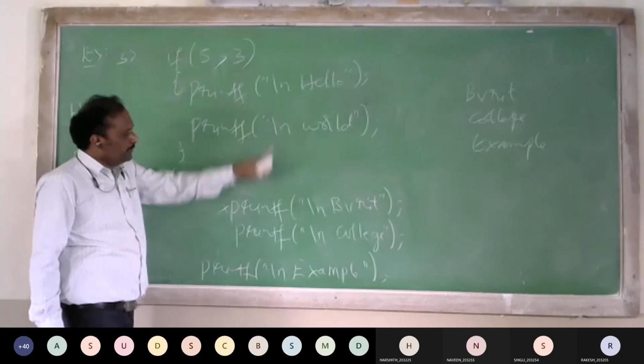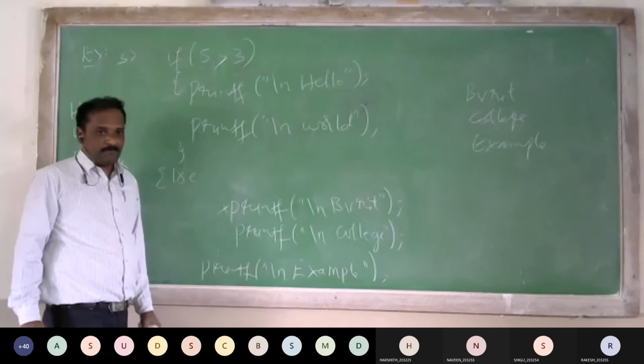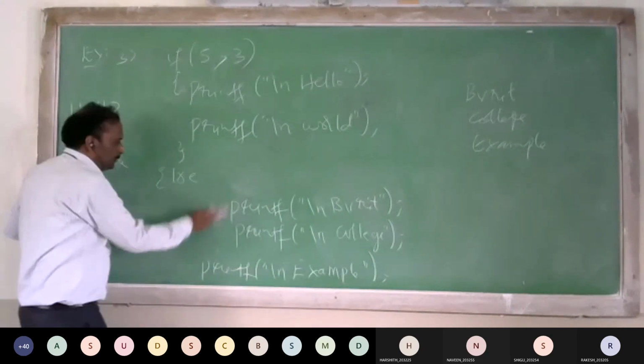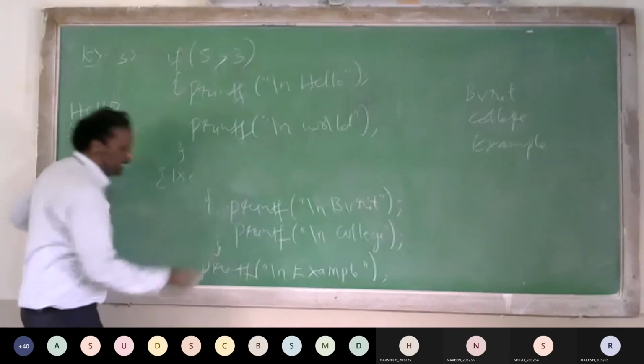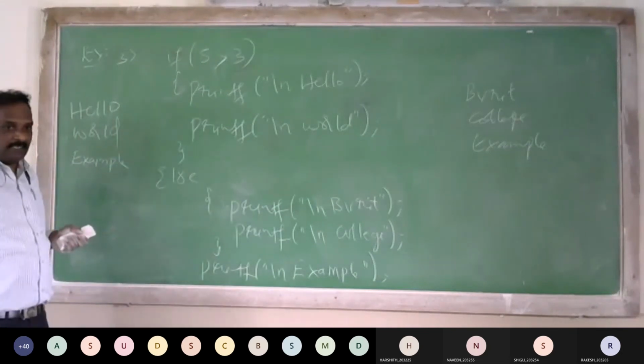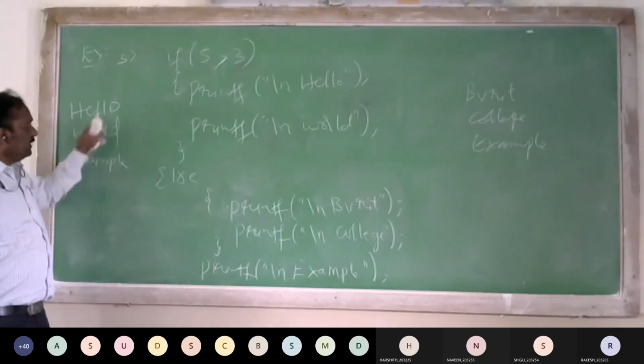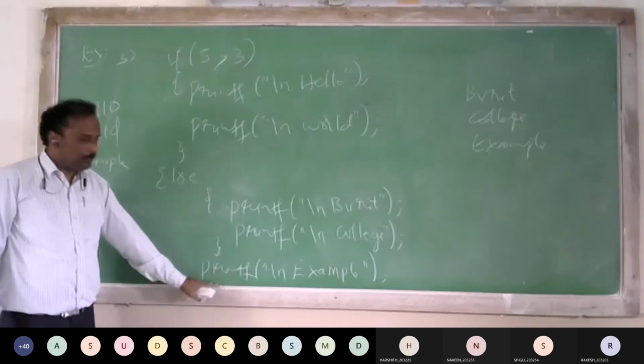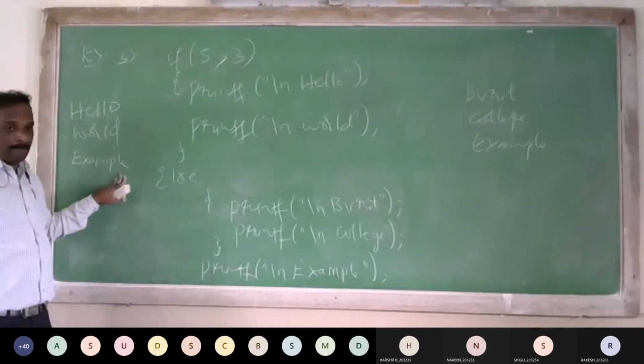The output will be hello world and example. But here college is not printed. Why is it not printed? Because you have written it inside the else's flower braces. After the else block, it has come outside the block. Outside the block is example.